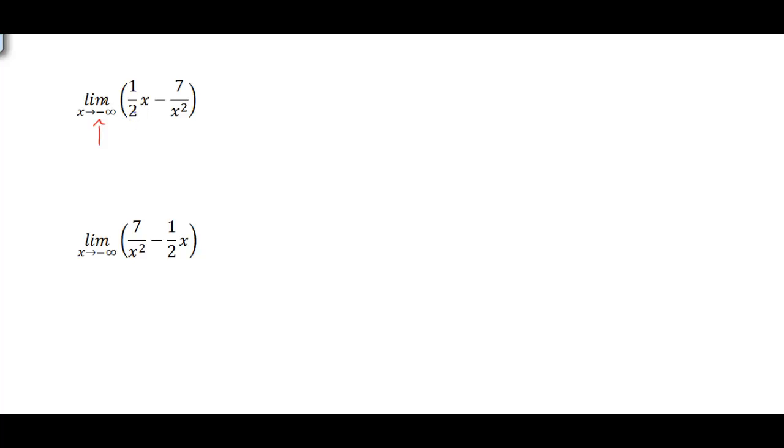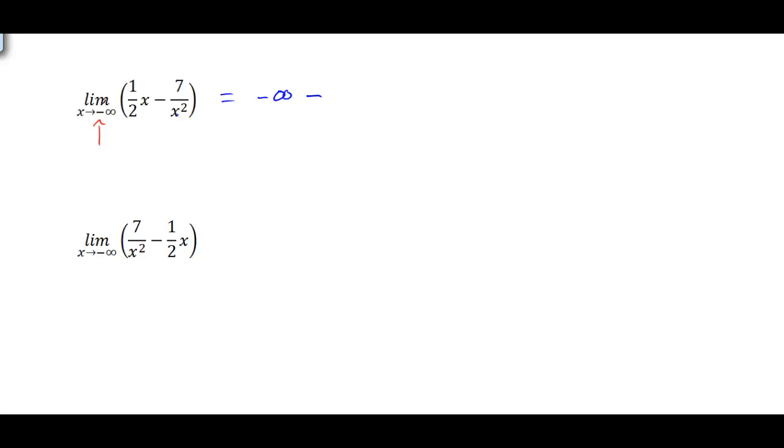Well, in this case, there's no variable in the denominator, so we have 1/2 x. What's going to happen there is that's going to go to infinity, and if we plug a negative in, this is really going to be equal to a negative infinity, isn't it? 1/2 times a negative infinity would be negative infinity